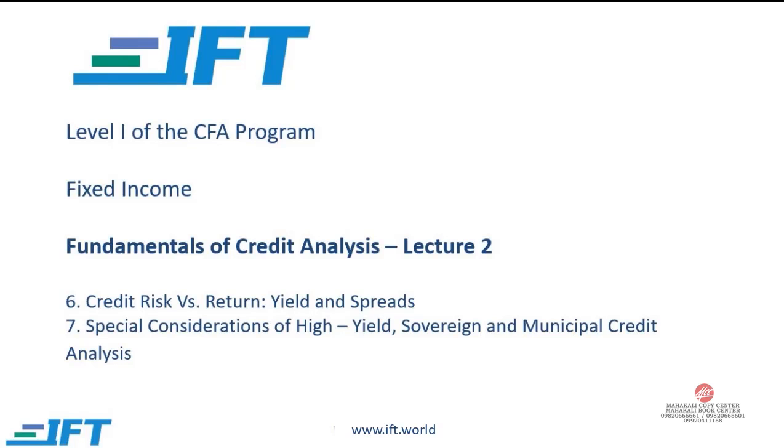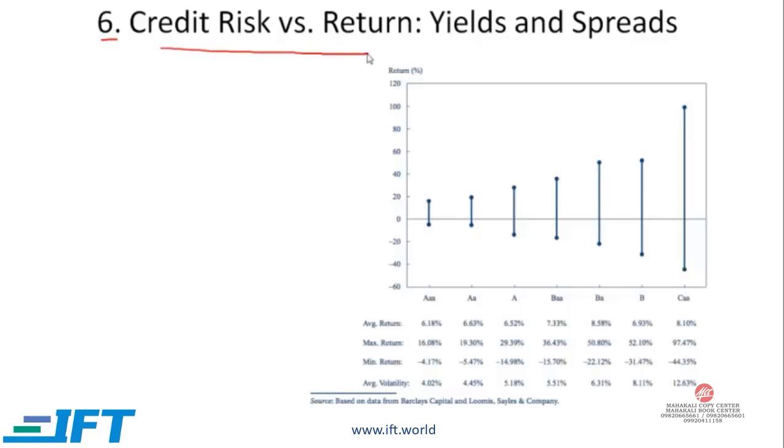Fundamentals of Credit Analysis. Section 6, Credit Risk versus Return. The basic idea here is quite straightforward. If an investor is taking credit risk, then he obviously expects a high return for the risk that he is taking. And this is shown very well in this exhibit from the curriculum, where we look at returns for bonds with different ratings. So if you look at a AAA rated bond,